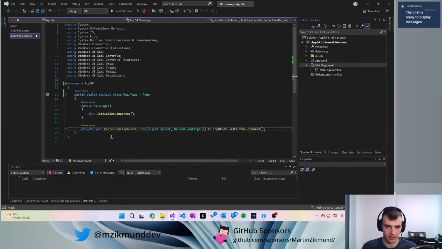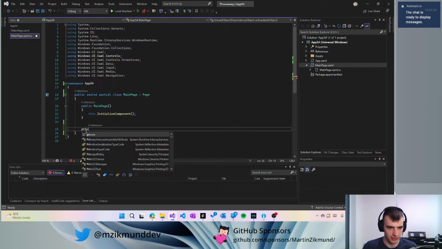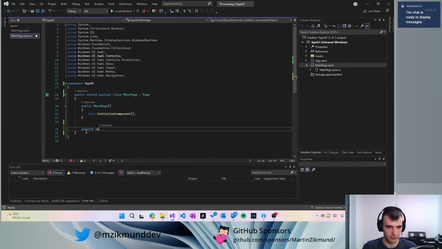So let's make it expression method, or actually, if we're gonna be fancy, we can do private void paste from clipboard, and actually do x:Bind to this. So this will be input box paste from clipboard,